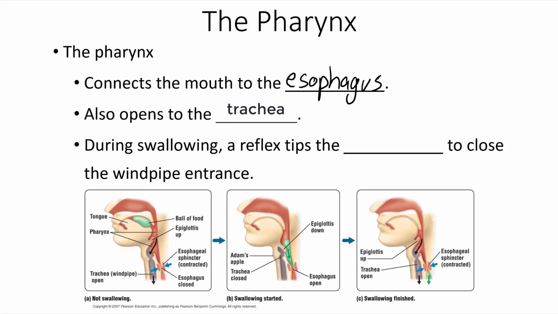Now, while we are swallowing food, there is a reflex that tips a structure known as the epiglottis to cover the trachea so that the food and drink go down towards our stomach. And this is the structure that doesn't work if you've ever had food or drink go down the wrong pipe. In this case, the wrong pipe is leading to the lungs, and that will usually cause coughing in attempts to clear the airways. And so the esophagus is the right pipe for food and drink, whereas the trachea is the right pipe for air.